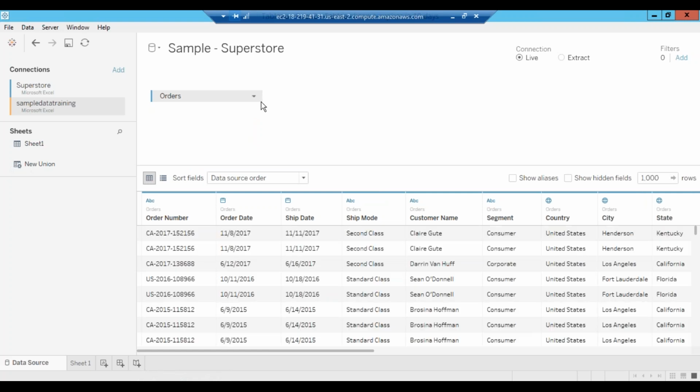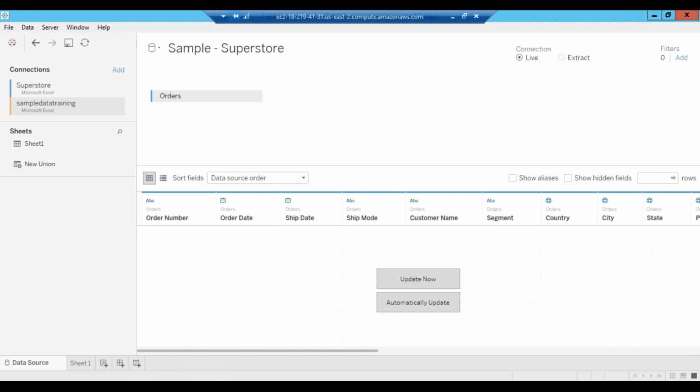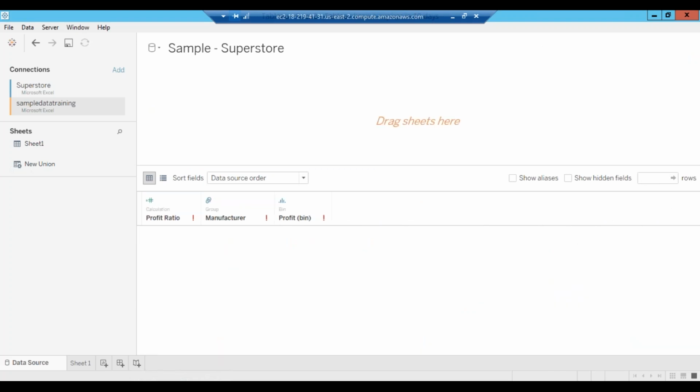In real time, we might have to work on multiple sources. That is one thing you have to understand: in real time, we will be working on multiple data sources coming from multiple places or multiple files. Here we have the source Superstore, and here we have the separate data.